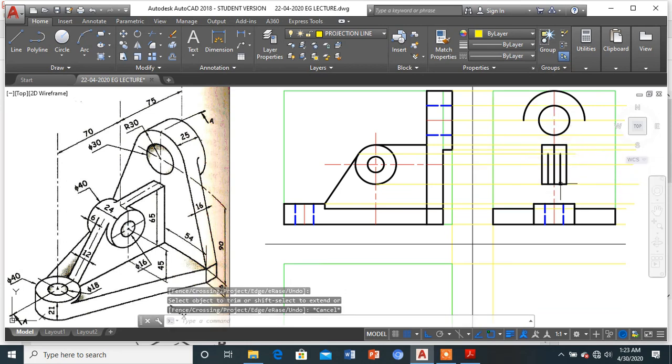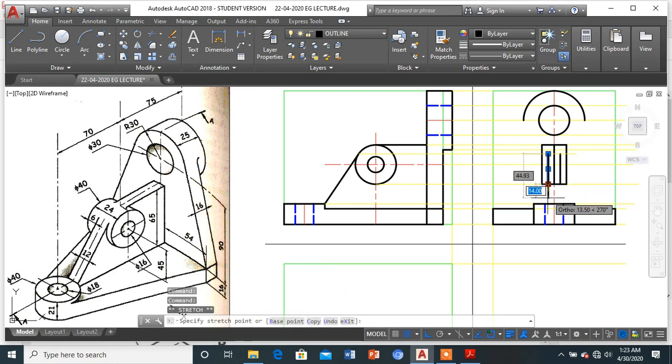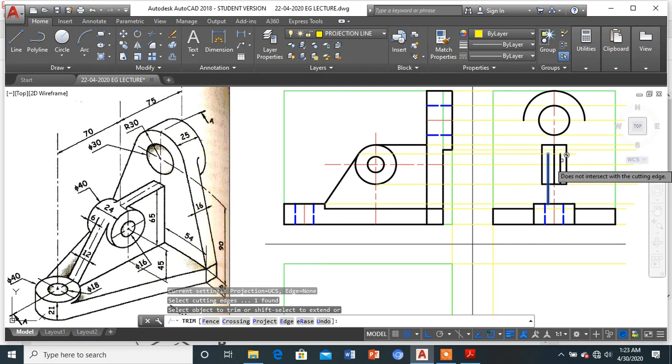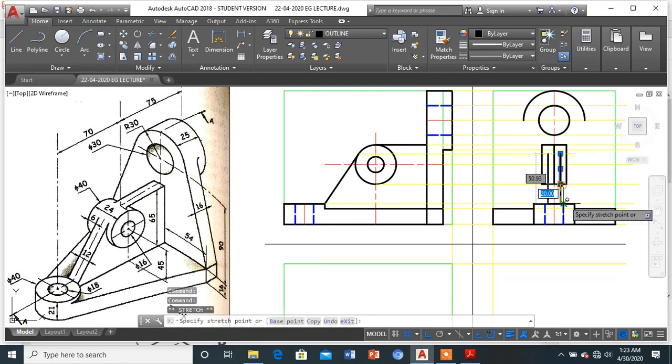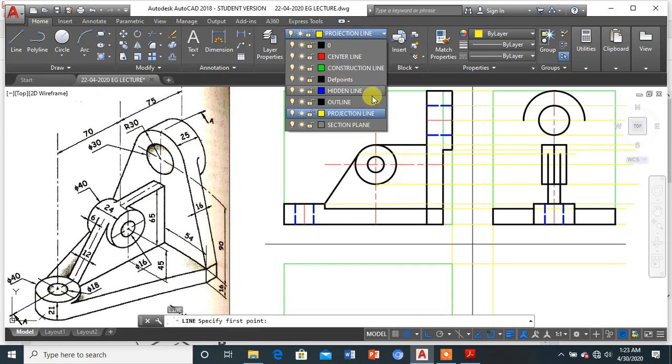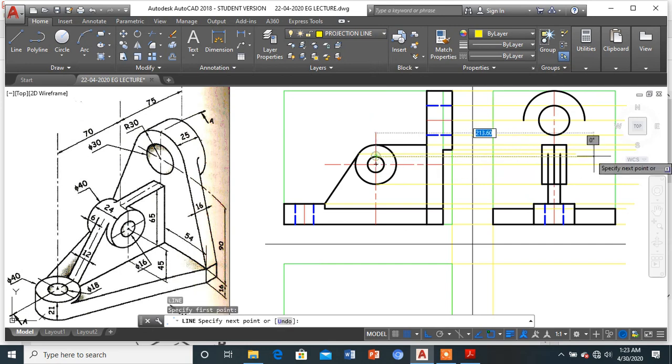Now what do I do? I will be simply extending the edges of the rib till the bottom. Okay, like this, and over here like this. Once we are done with the edges of the rib, and even the through holes which are there, the projections were missed out. So I'll be taking the projections over here like this, and even over here like this.